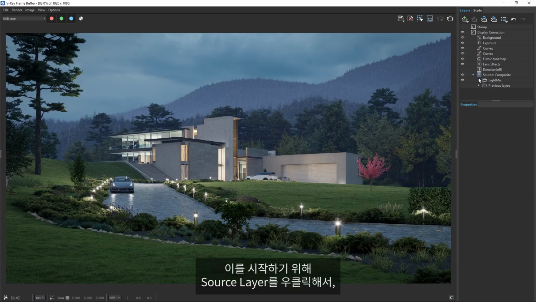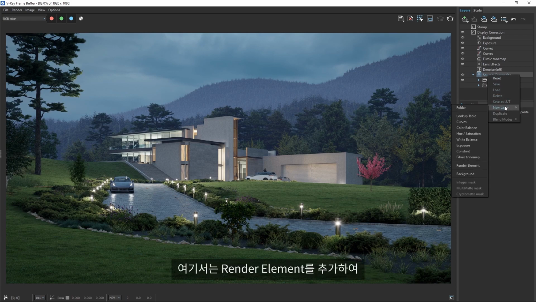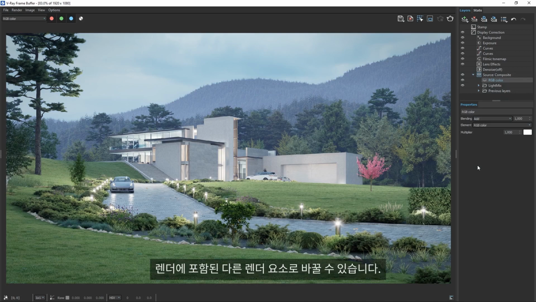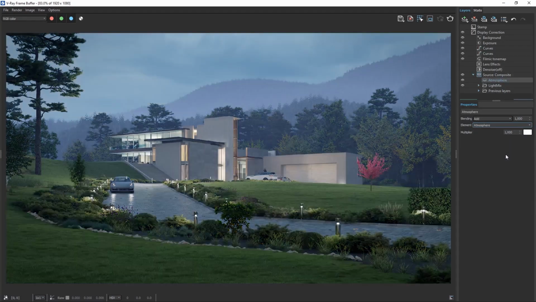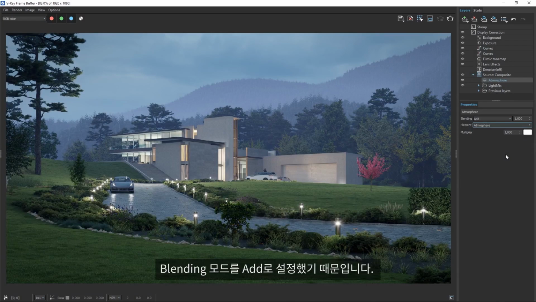To get started, let's right-click on the source layer here to add a new layer above the light mix folder. In this case, I'm going to add a render element so that we can make further tweaks to a specific aspect of our image. By default, you'll see that it is set to the RGB color element, but we can switch it over to any render element we included in the render. We've also got blending modes to choose from, a blend amount parameter, as well as a multiplier and color picker below. Let's switch this over to the atmosphere element. Now, you'll see that the atmosphere is already looking more pronounced in the image, because the blending mode is set to